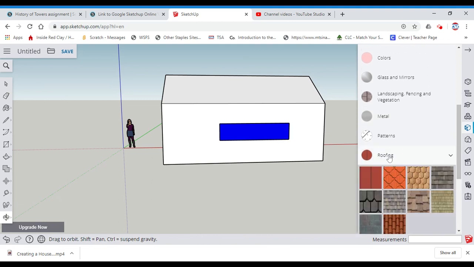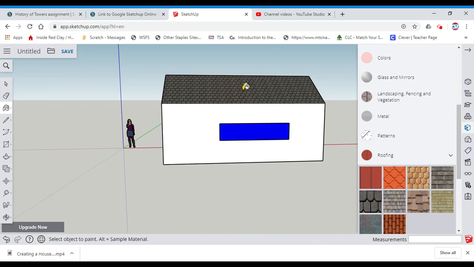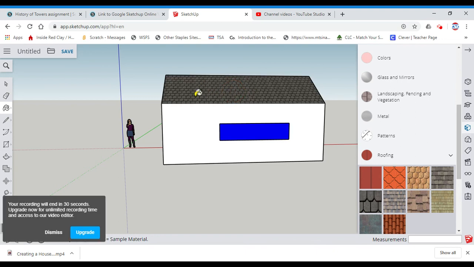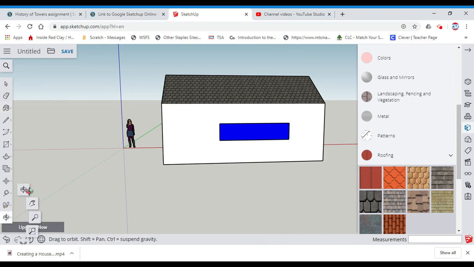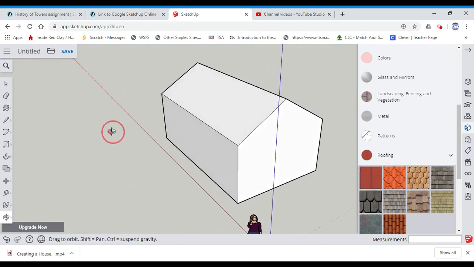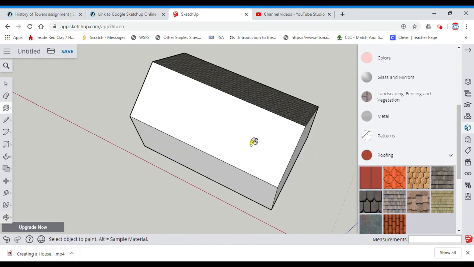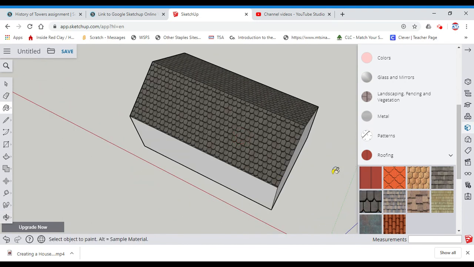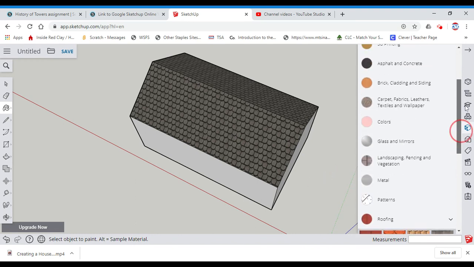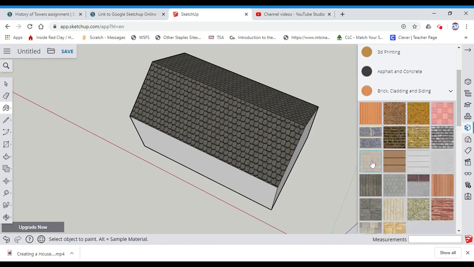There's roofing. So I'm going to add a roof to my work. And then as I begin to, again, orbit around my house, I can make sure to add that same roofing to both sides. Okay, you can do the same thing for your siding of your home. Okay, and that's right here. So you can choose your different types of siding. Okay, all right, and then we'll pick